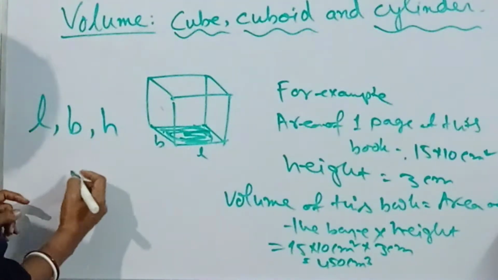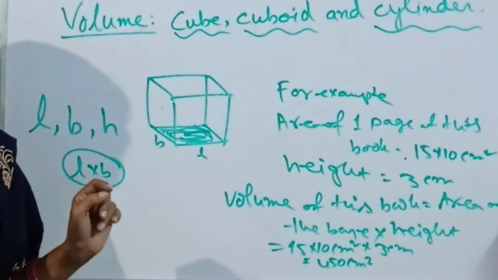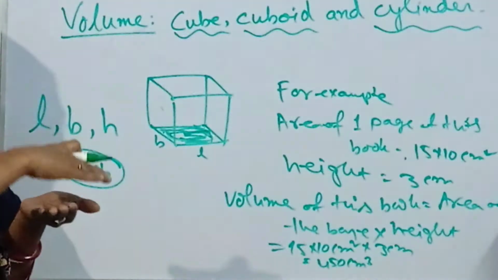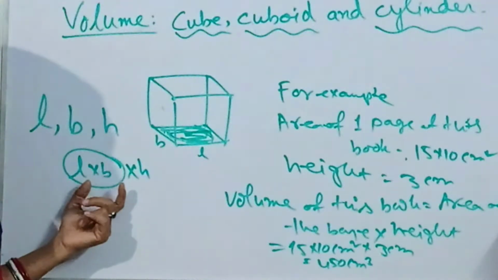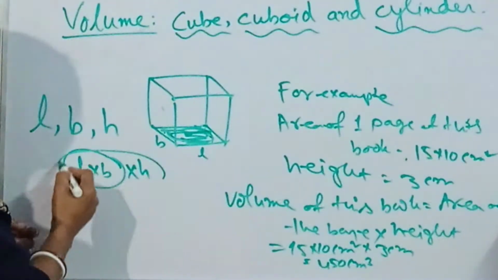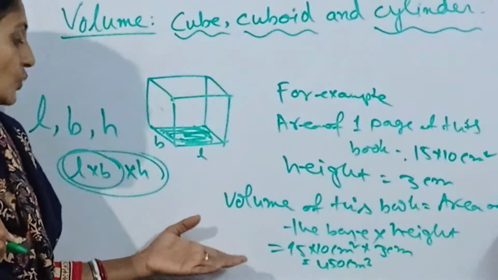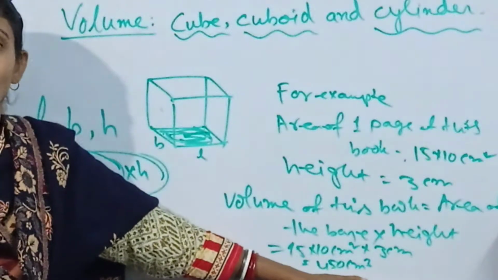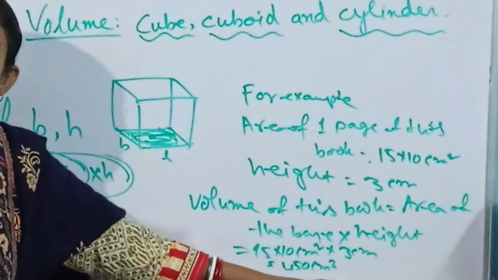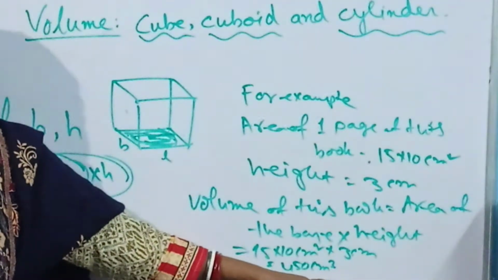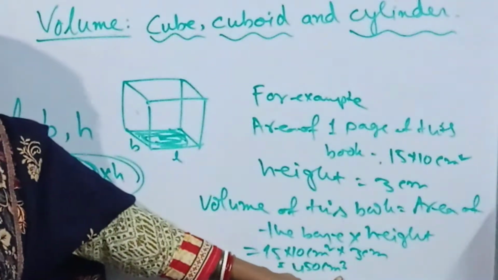When we multiply the first two, length and breadth, we can say that this is the area of the base. And height means how many pages I have kept, or whatever height we have given. We multiply that height with the area of the base, and whatever we get after multiplying all these three is called the volume of this particular set. Okay, and the unit: when we talk about area it was square unit, but when we talk about volume it will be cube unit. Whatever unit has been given, centimeter, meter, etc., cubic unit will be used in this case.